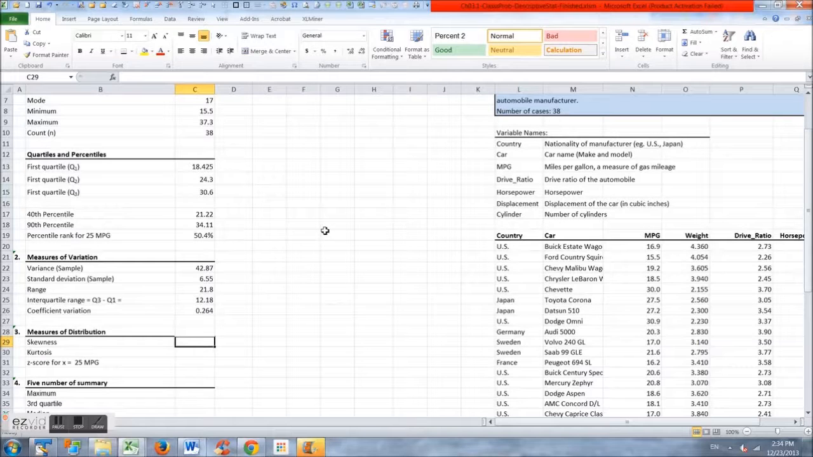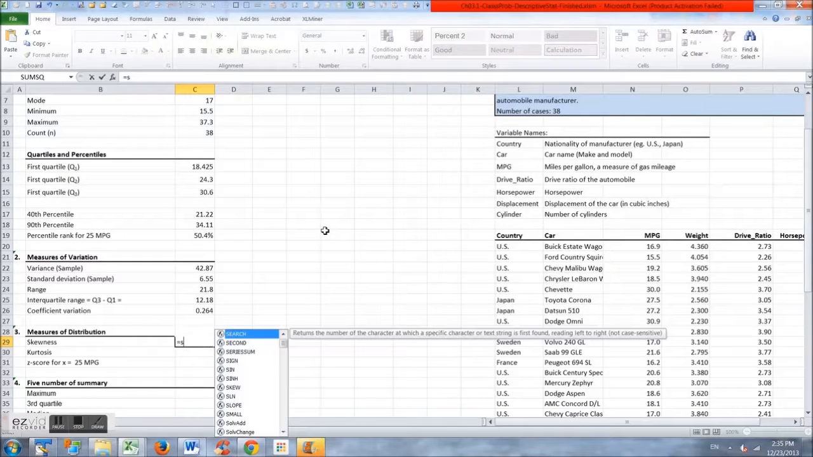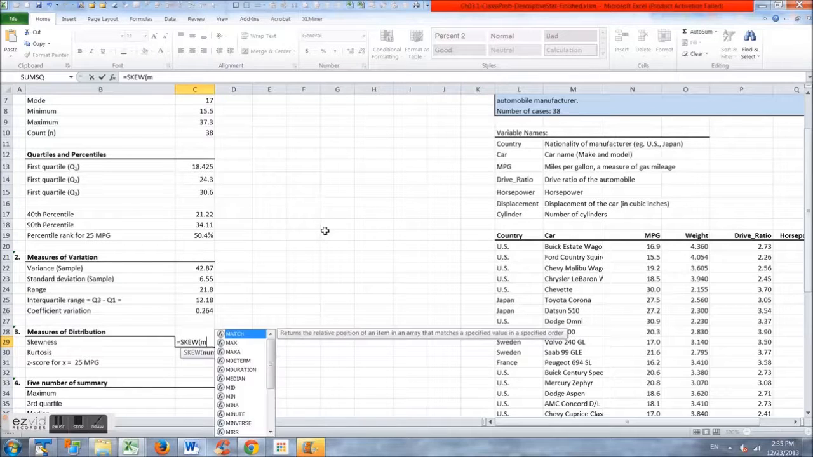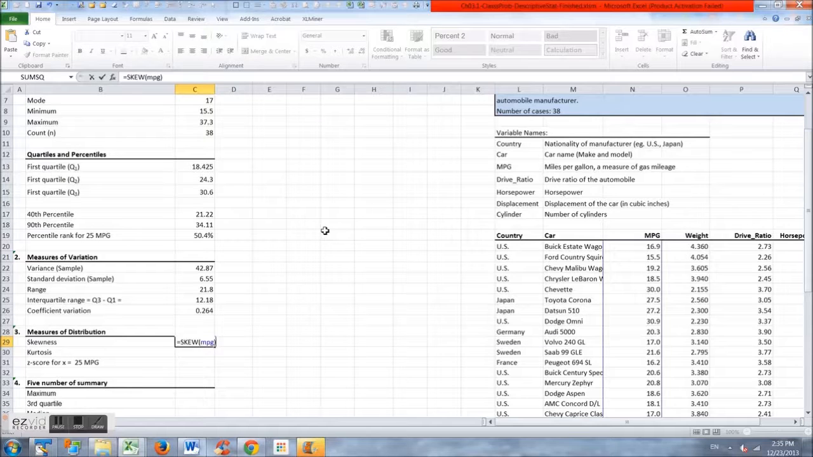Skewness and kurtosis are distribution measures. The level of skewness in the data: is it equally distributed like in the normal distribution, or does the data have a positive skew or a negative skew? Positive skew is when the data is skewed to the right, then negative skew would be when the data is skewed to the left. So this one has a slight positive skew because it has a positive